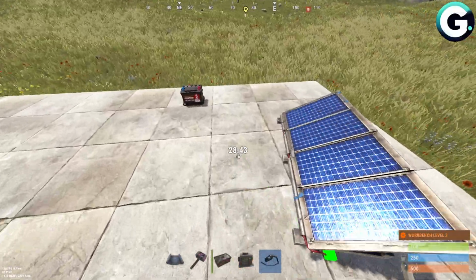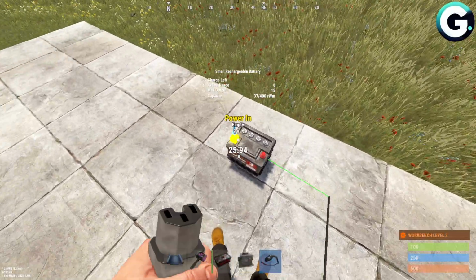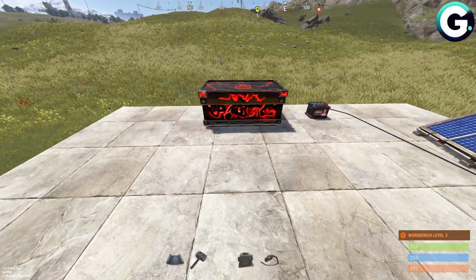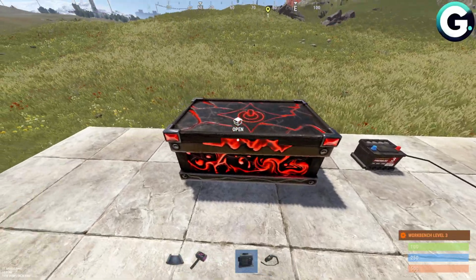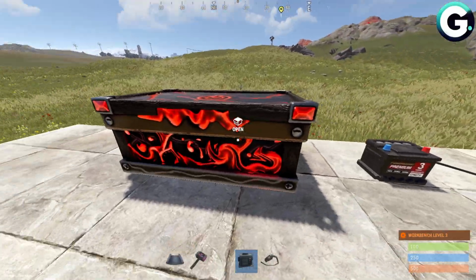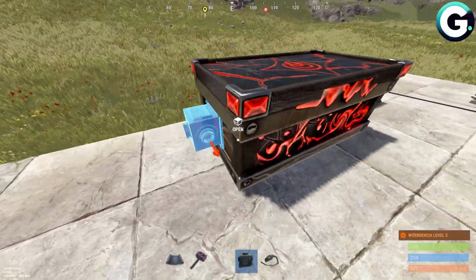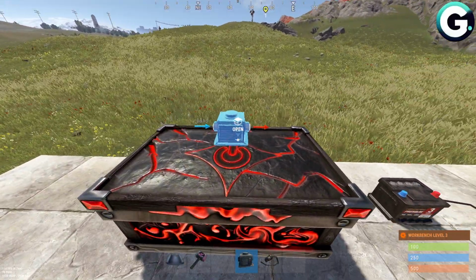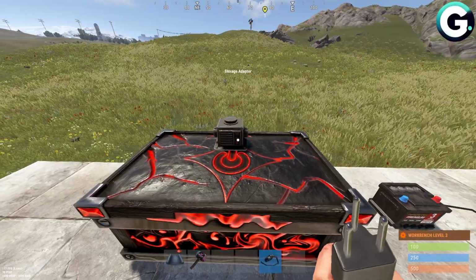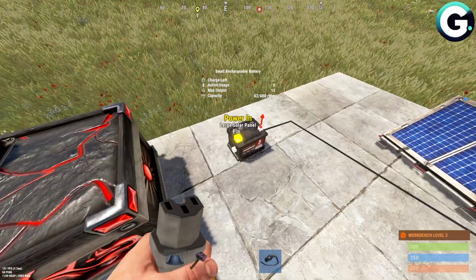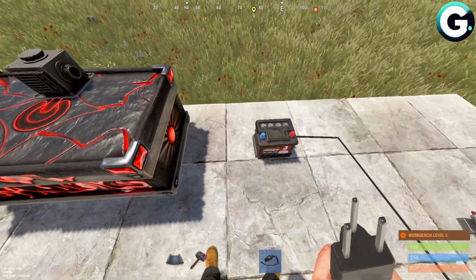So what you'll need to do is first of all place a crate like this. As you can see, you can open it up, and then you can choose where you want to put this, right here on the up side or whatever. So for now I will put it right here, and then what you'll need to do is basically take a power